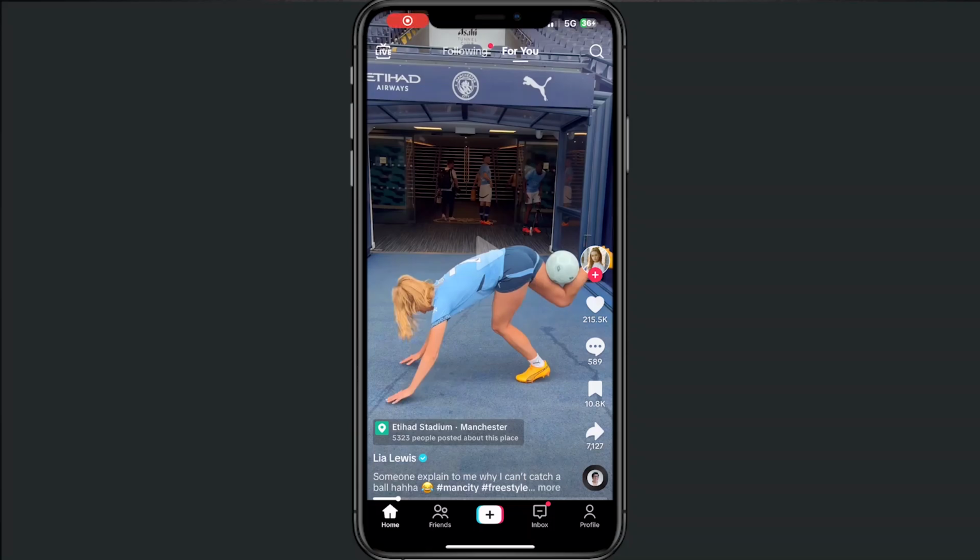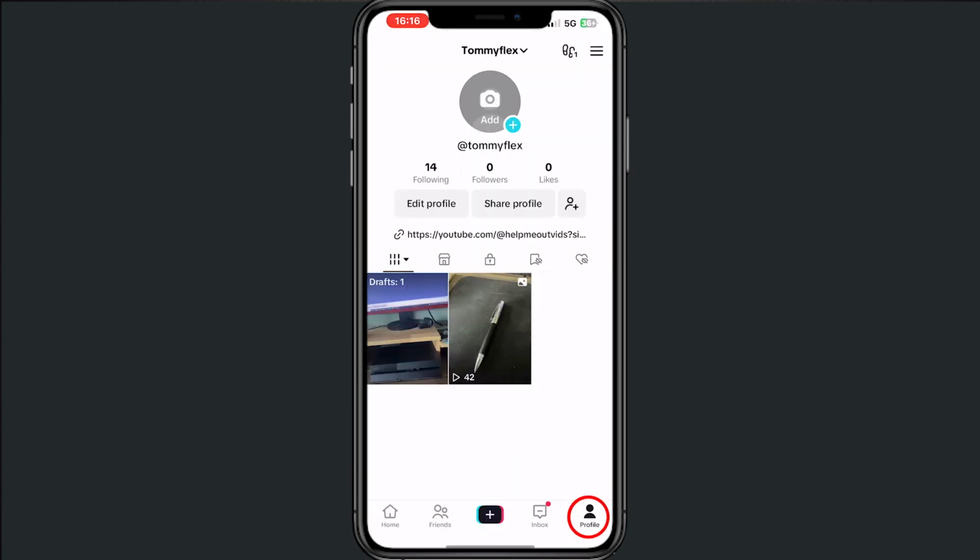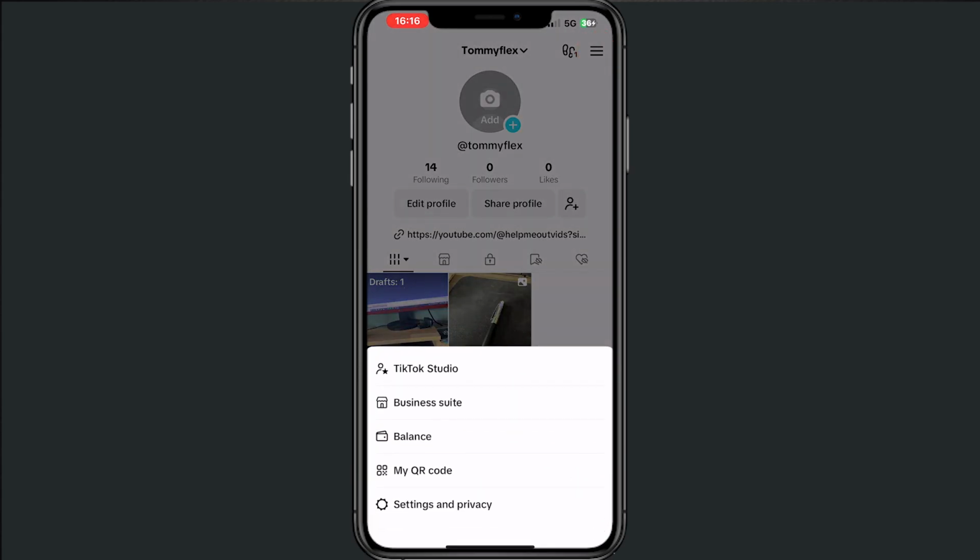Hey you, and welcome to this video where I will help you out with how you can change your region on TikTok. And for this we need to do two things, so please do the following things and you can fix your region change. Alright, first tap on profile, tap on the three lines right in the top, settings and